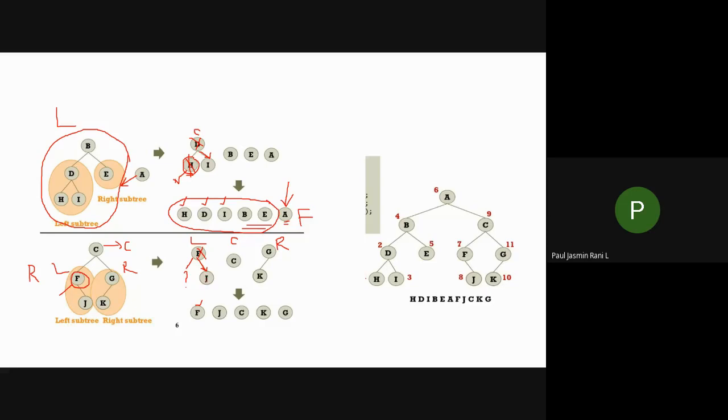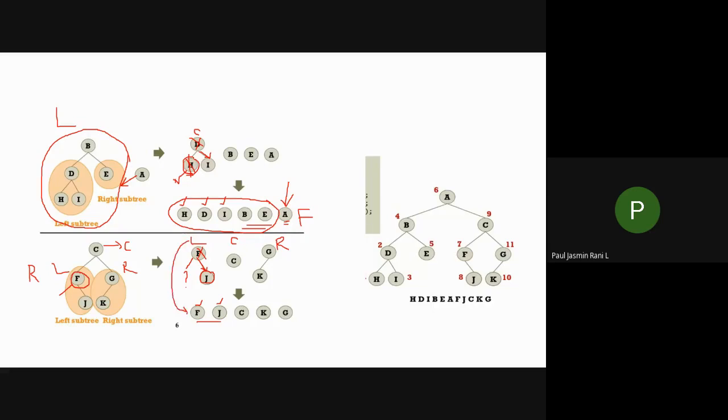If I go for the right subtree, what happens? After this, I don't have any left or right in this particular node. If I had a left subtree attached to J, then I could travel along with that, but here I don't have anything. So I'm simply going to visit this J. So the left for this one gets over, FJ is over.